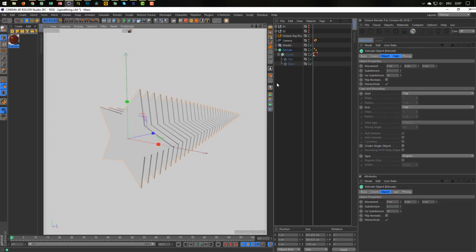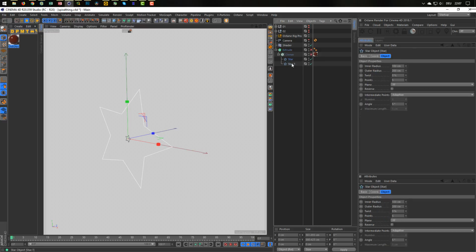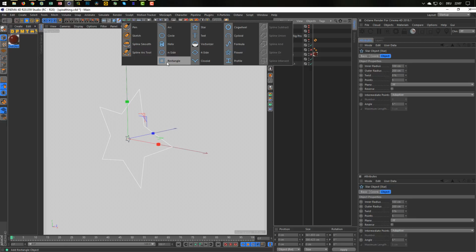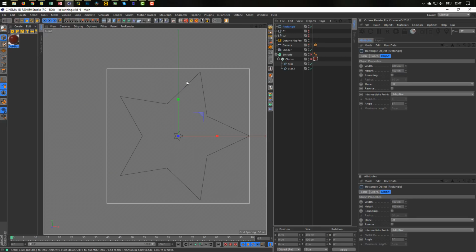Okay, so how do we do this? It's quite easy. Let's deactivate this blue. I go to my star here, and first I make a rectangle. The rectangle should be bigger than the star, of course. Okay, so T for scale,